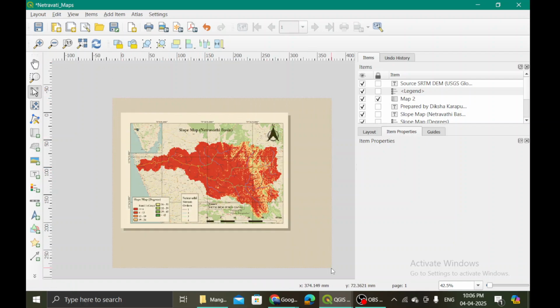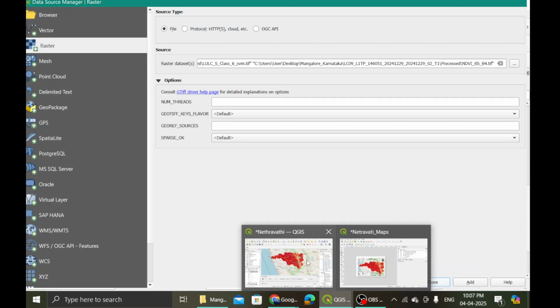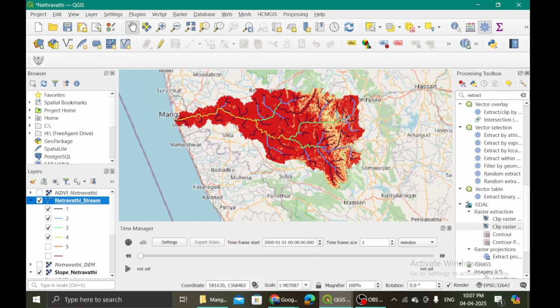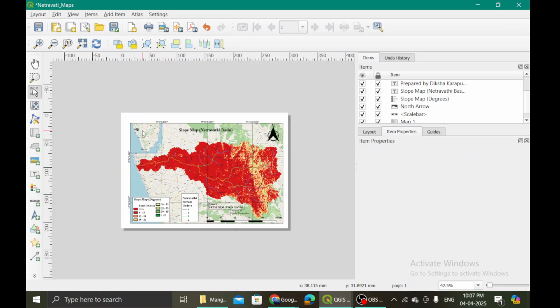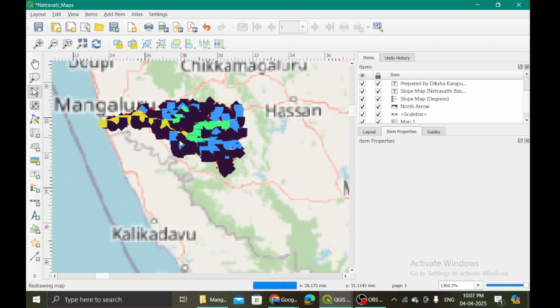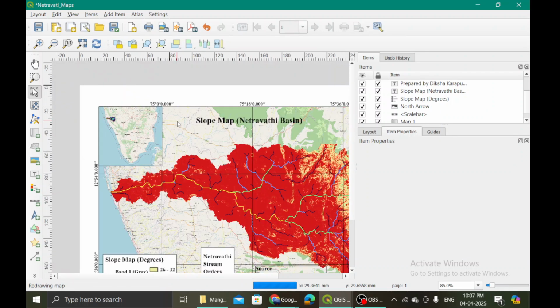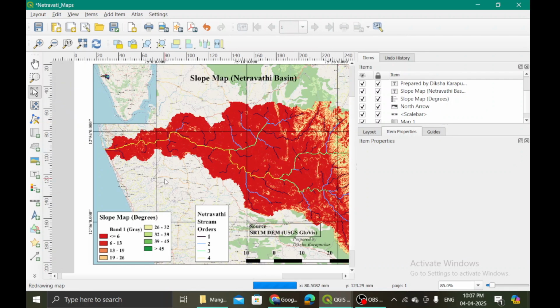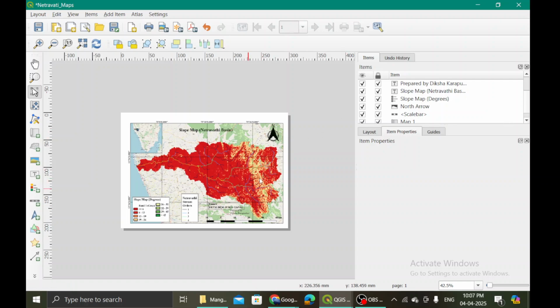Now what do we do? What do we do now? We can lock everything so that nothing will change, because as you change your project, what is happening? As you change your project, here also the changes are being made applicable. So that is why you will see that the map has turned slightly colored, right? That has happened because of that. Now, because I did not lock that map too.